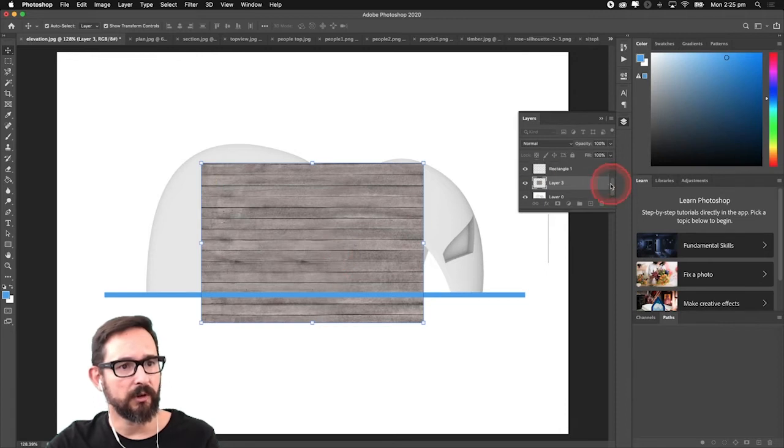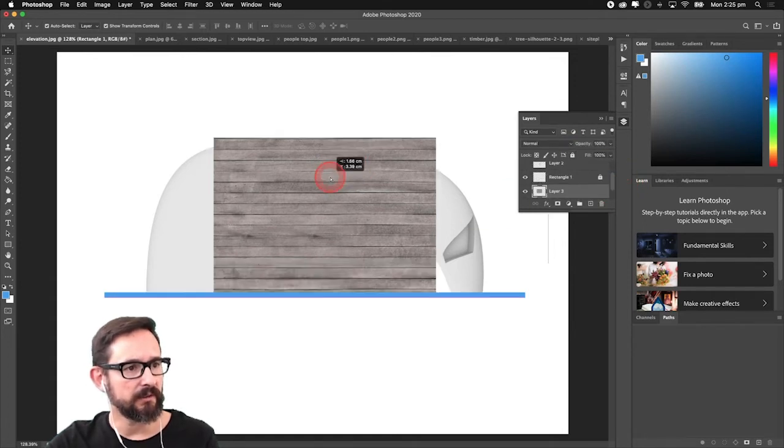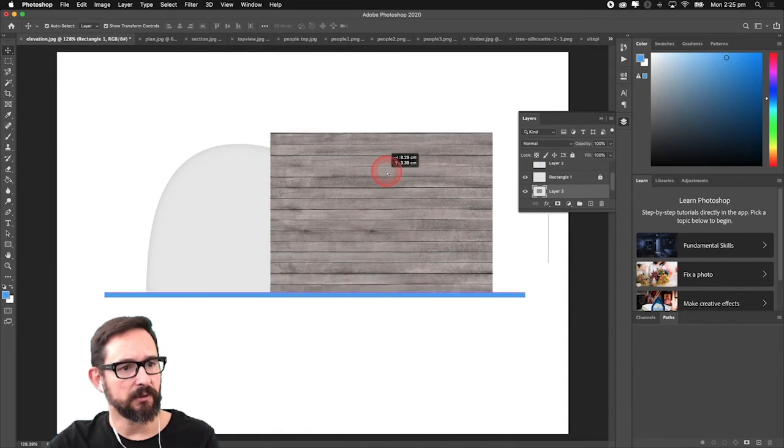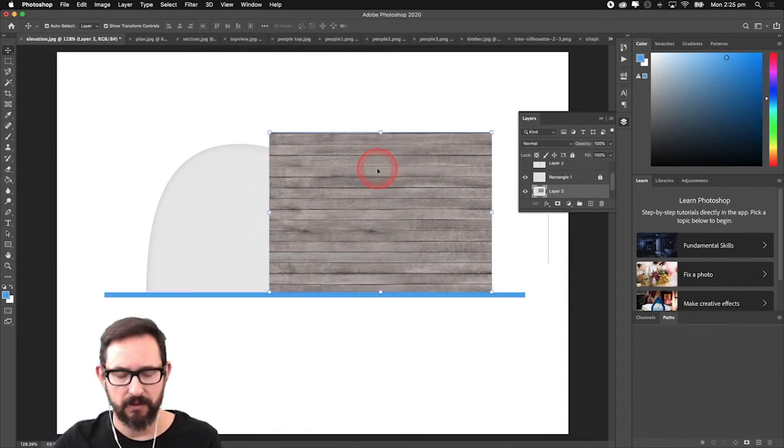I'm going to lock all the other layers. So in this one, I'll lock this. I'll lock the rectangle as well, and that's fine. The other ones are not visible. So in this case,